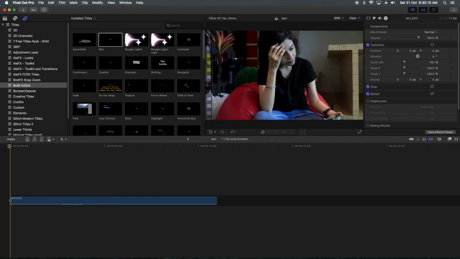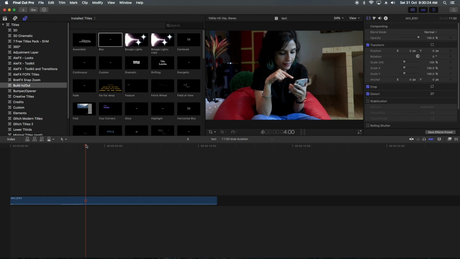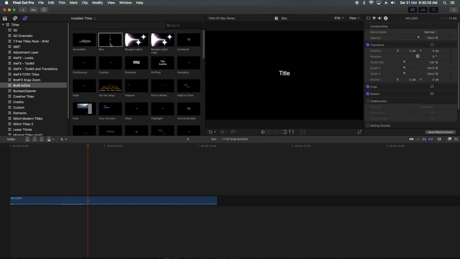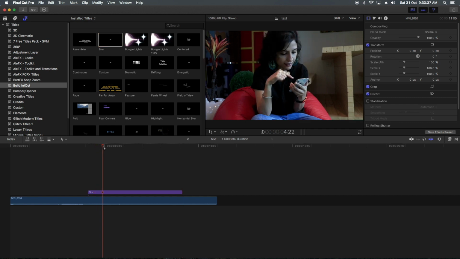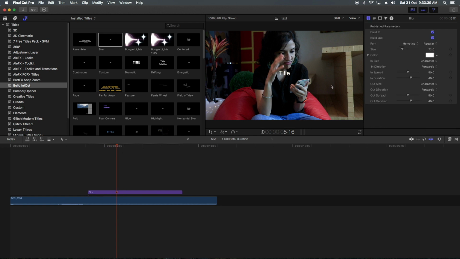So if I don't want to take this text layer from the start of my timeline, what I have to do is use the cursor and park my playhead at the place, and if I double click it, it will come to that. Same as an insert or overlay point of view, okay.